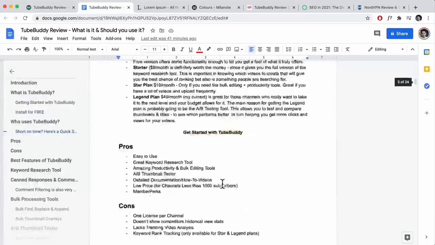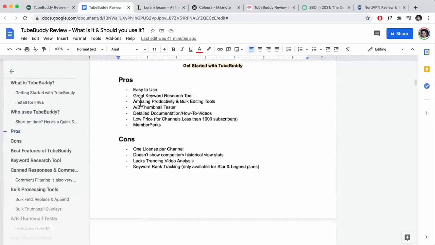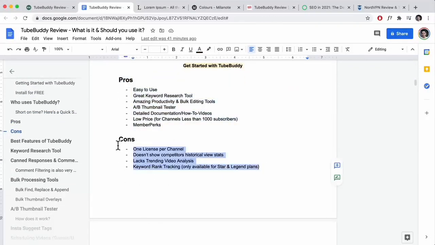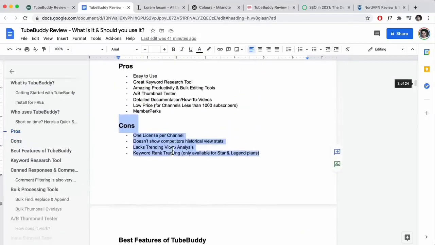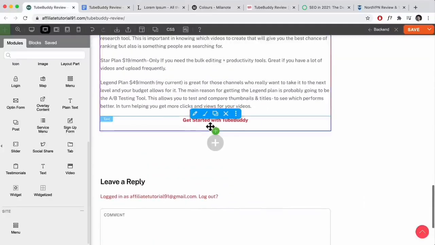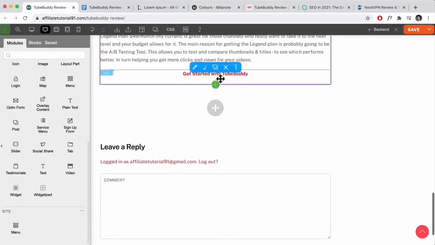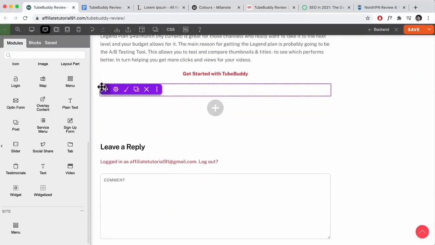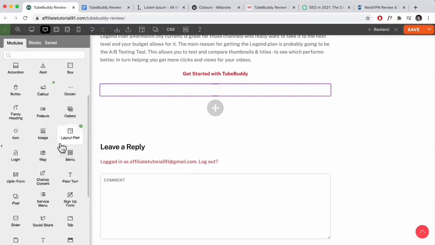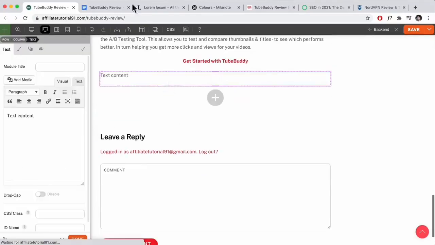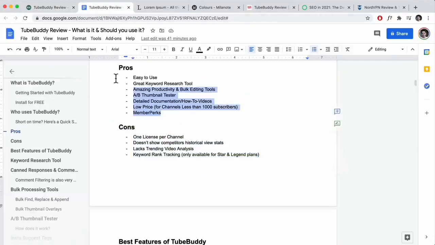So let's go down over here and let's add in the pros and cons. So if you want to display your pros and cons, we can display it in a few ways. So let's go back over here. What I'm going to do actually is add a new row, okay, something like that. And then I'm going to separate it into 2 columns, one on the left, one on the right. Let's do a text module again, paste that in, and then we're going to copy that